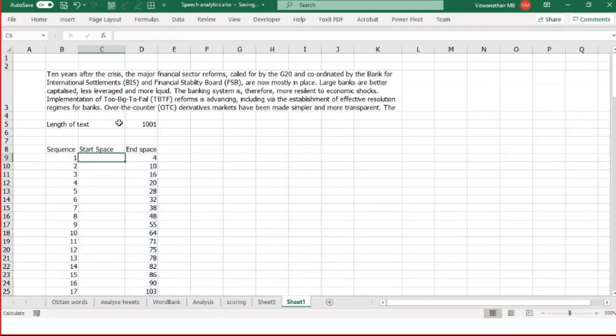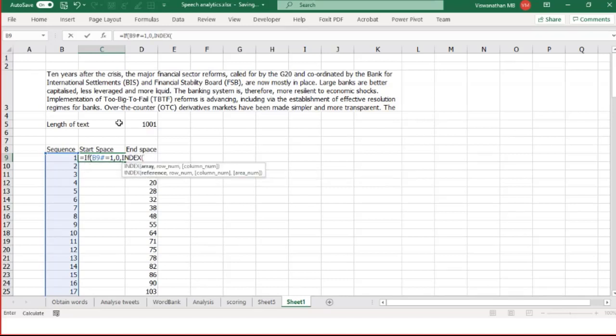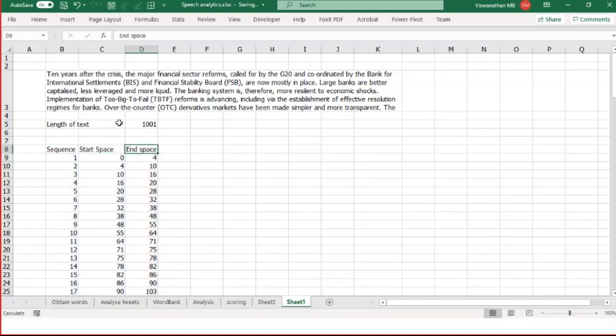That gives me this. And I'm going to use an if function, saying that if this sequence equals 1, then I want to start at 0. Otherwise, using an index function, I'm going to take an index from this D9 array, the value that is one step before my current value. Of course, we don't have time to explain this function in depth. Maybe in another session I can explain this. So this one gives me my starting value.